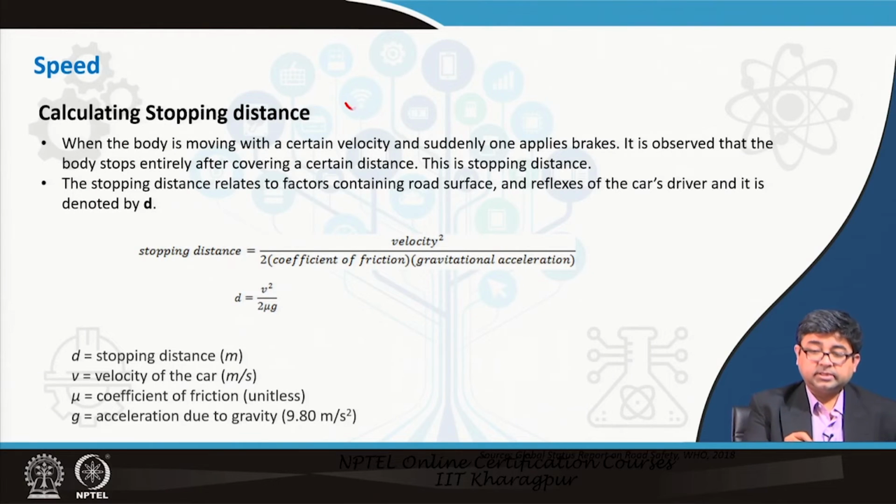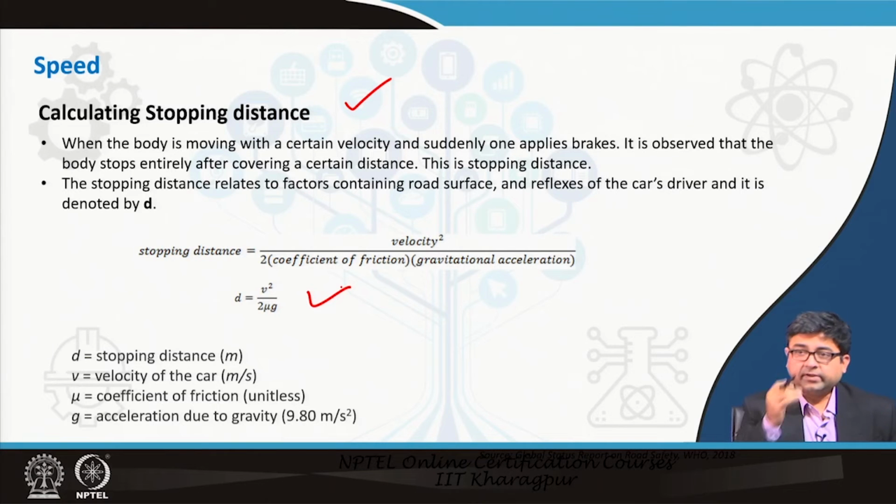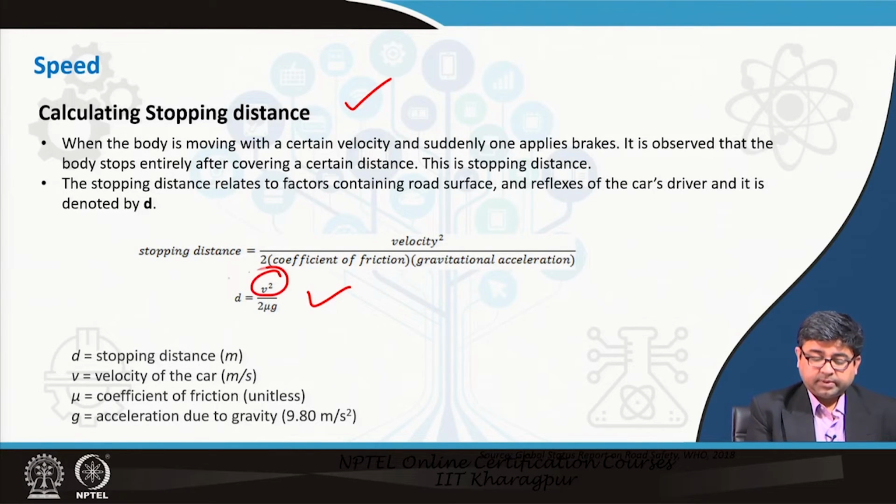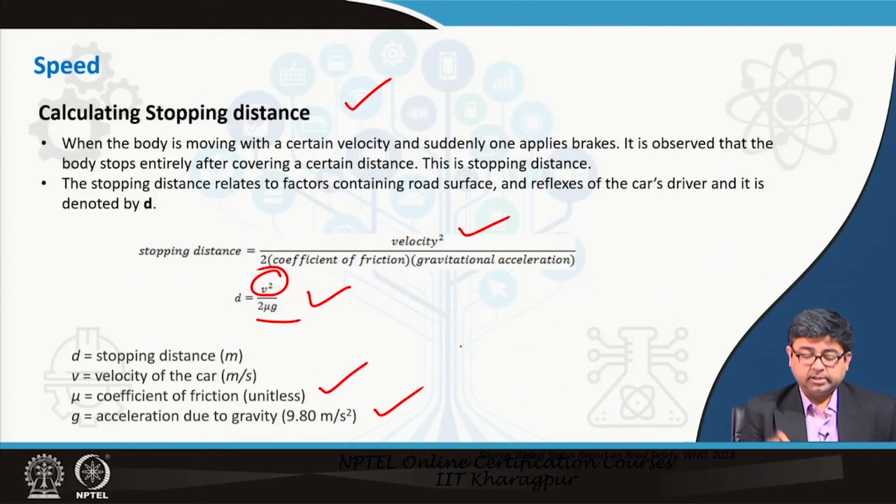The stopping distance is simply given by a formula that everybody who has taken a traffic engineering course at the undergraduate level understands. The stopping distance is directly related to the speed at which the vehicle is moving, and it is given by the formula velocity square divided by 2 mu g, where mu is the coefficient of friction and g is the acceleration